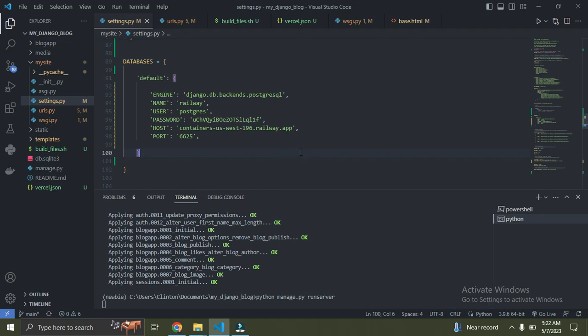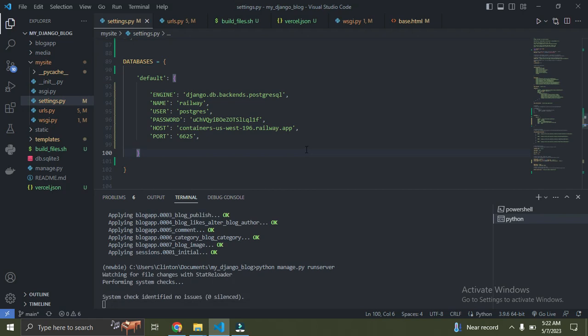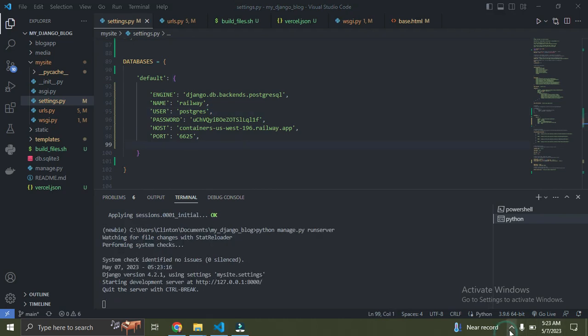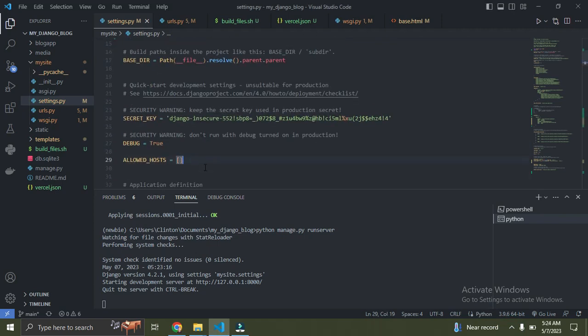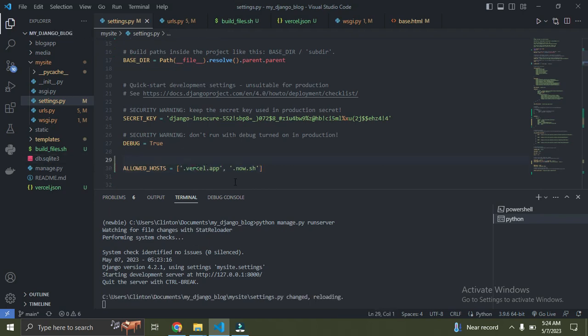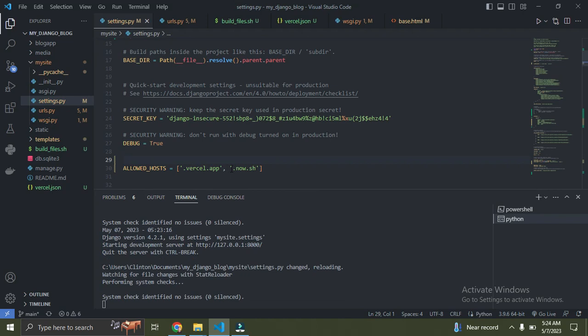So let's see. So yeah, no errors, everything is working perfectly. Okay, no errors. It says okay, no errors, right? So everything is working fine. So we want to add one more thing. Go up to the top now to your allowed hosts. Just paste this. We need this allowed hosts instance. So to support Vercel, we're going to use .vercel.app, and now we're also going to add .now.sh,